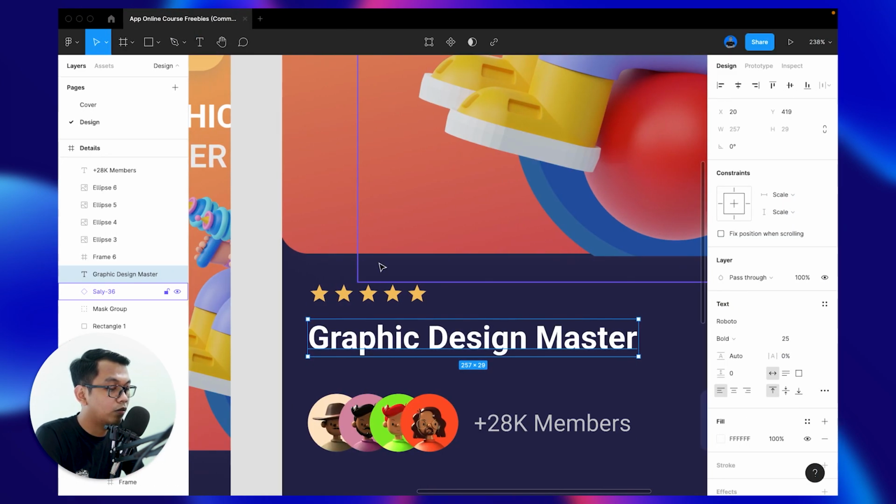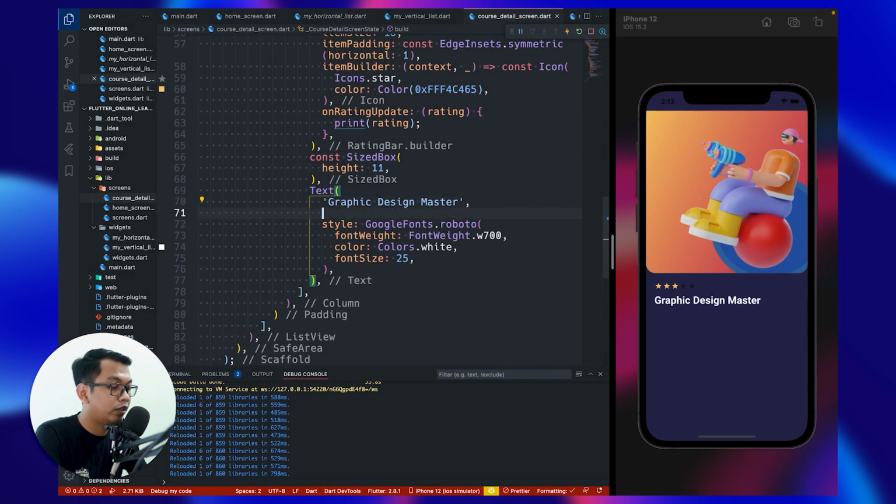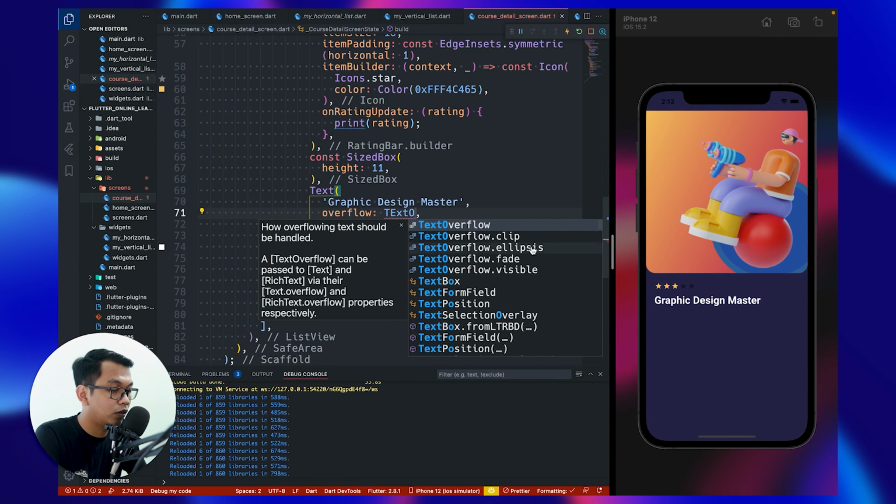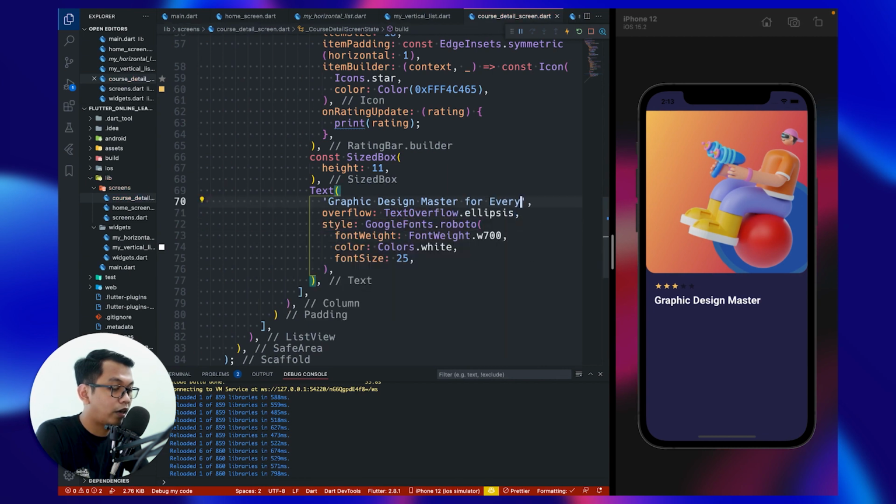All right, and to anticipate overflow, we use text overflow dot ellipsis. For example, look like this, I mean, it will be ellipsis.